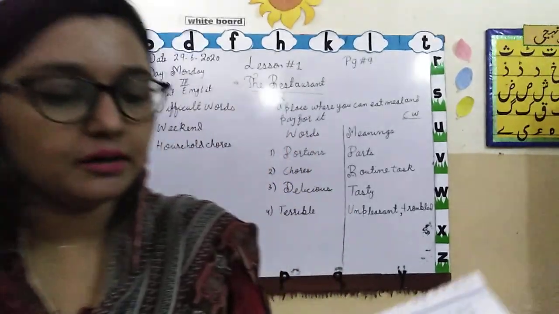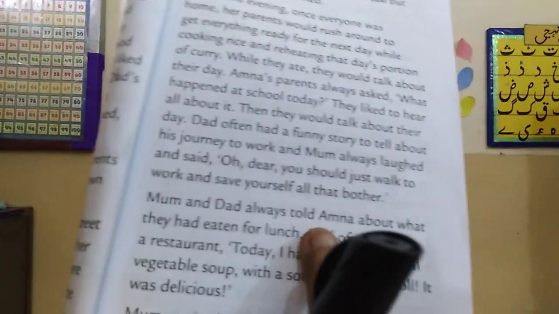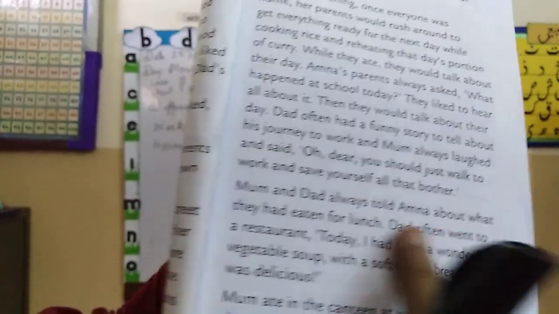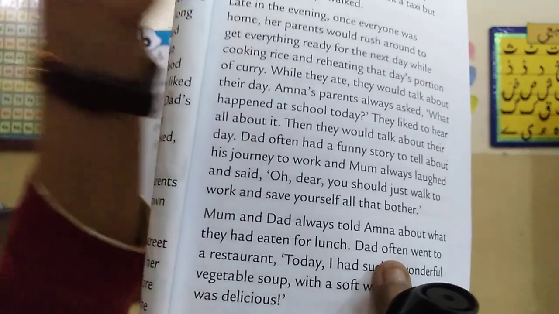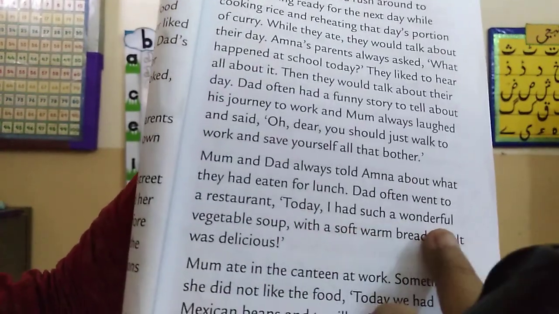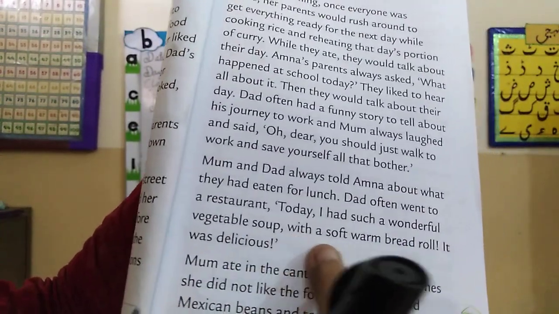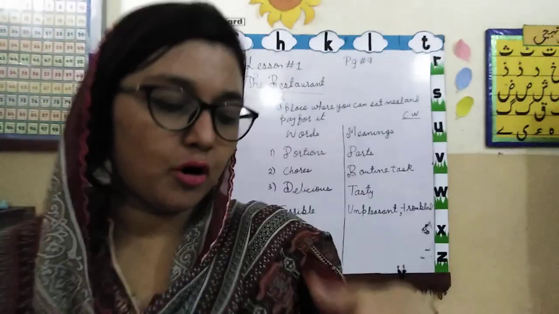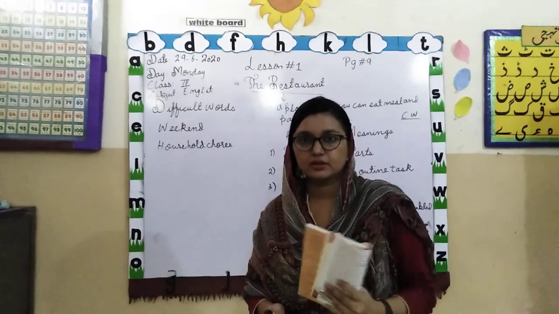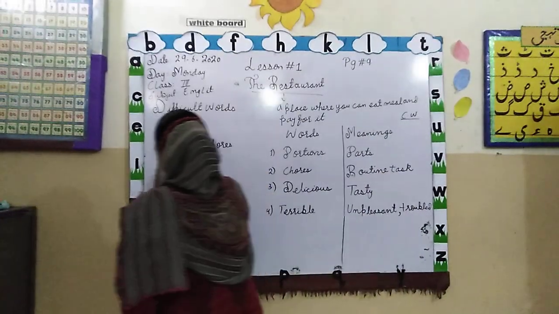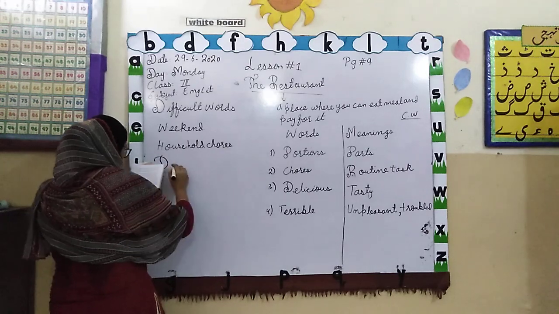Now come to the next paragraph. Mom and Dad always told Amna about what they had eaten for lunch. They often went to a restaurant. "Today I had such a wonderful vegetable soup with a soft, firm bread roll. It was delicious." Now, delicious. You can also underline that word delicious with the pencil. Delicious means it's